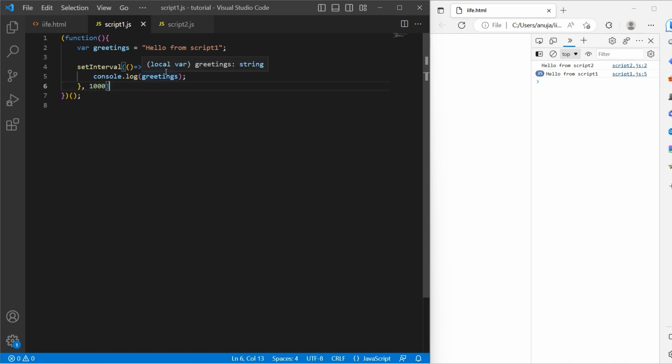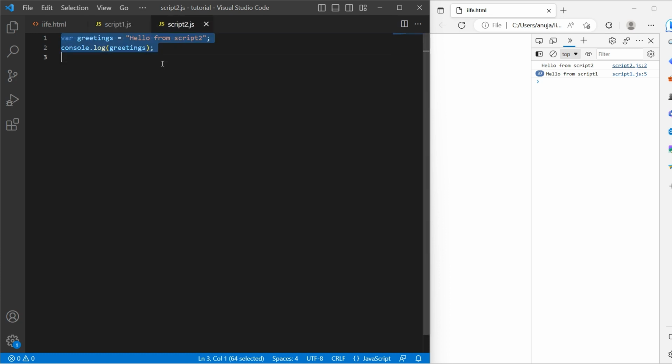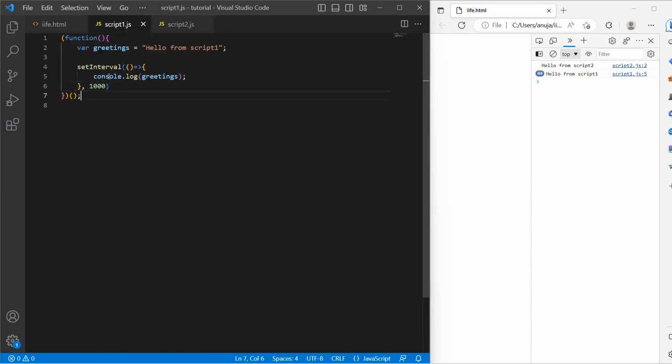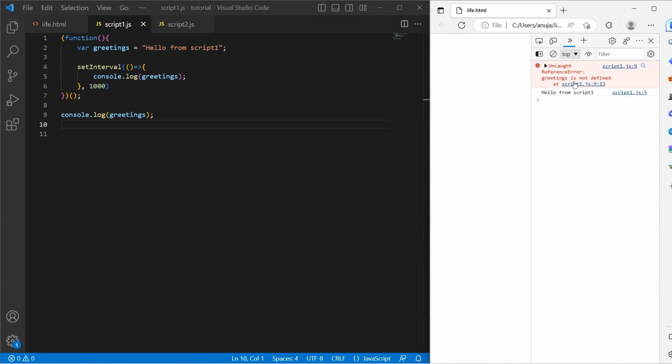Let's comment the code in script 2. Save it, come back, and try to print this greetings outside an IIFE. So if I refresh, it says greetings is not defined. Since greetings is declared inside an IIFE, it cannot be accessed outside the scope, and hence we see a reference error. So in cases where you want to isolate your variables and do not want to pollute your namespace, we can